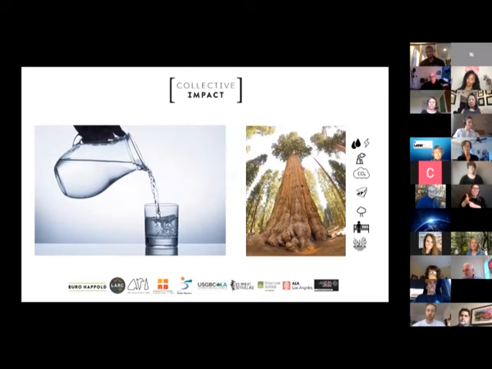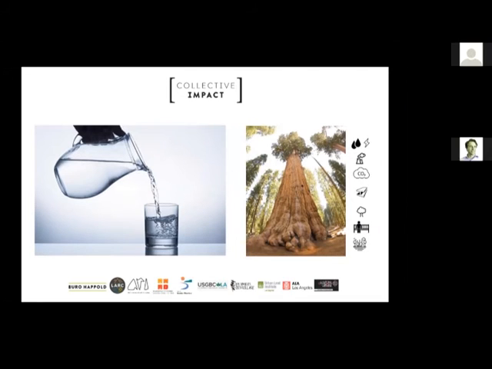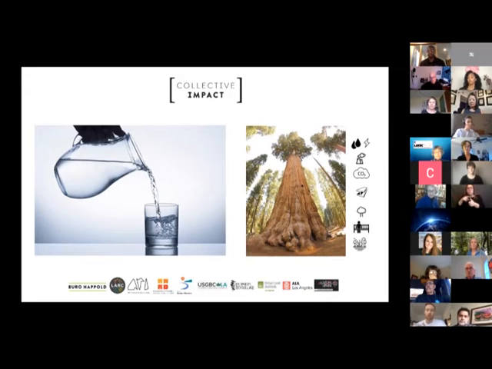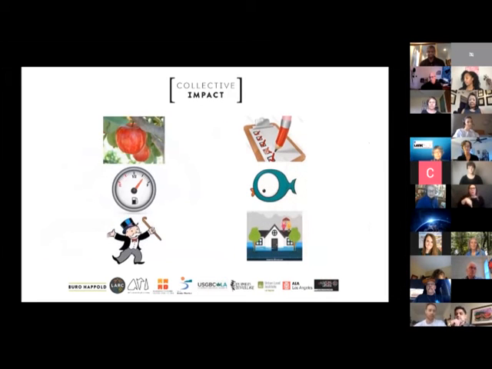And taking that tree example, the services or value deriving from this natural capital include things like carbon sequestration, shade, building materials, recreation, soil stability, water quality, flood risk, and more. So how do you even put a dollar value to natural capital? And there are some tricks that people like me use.